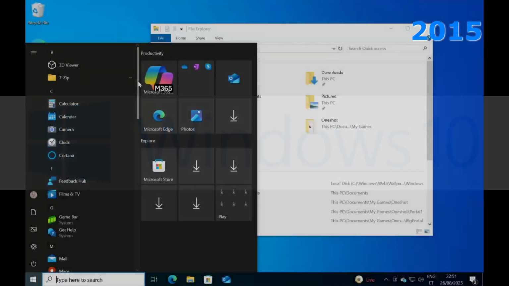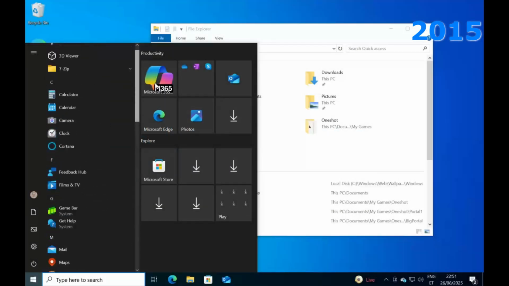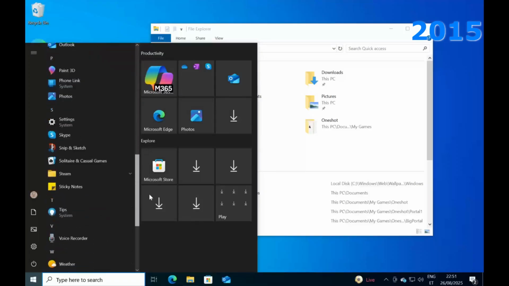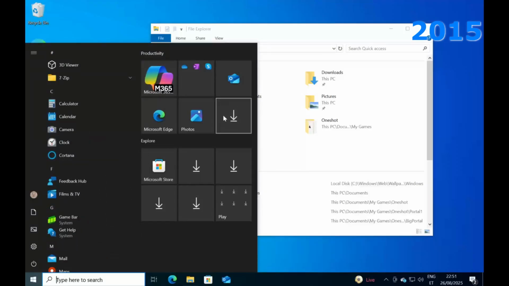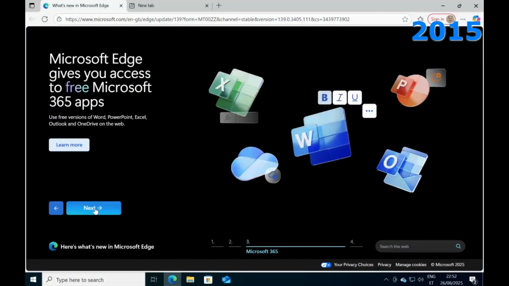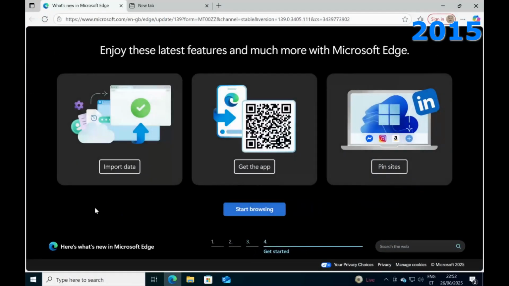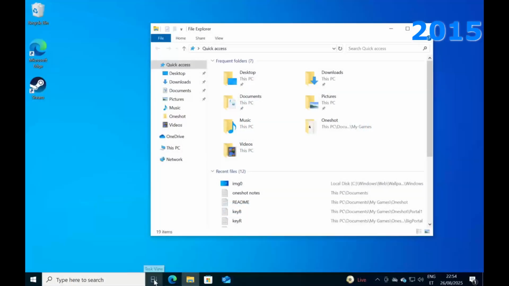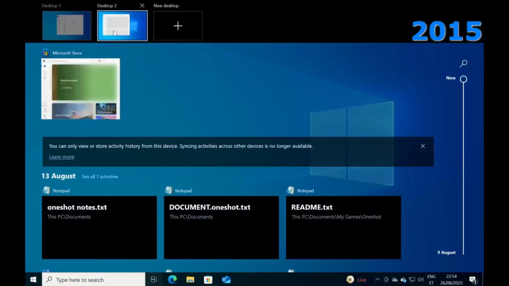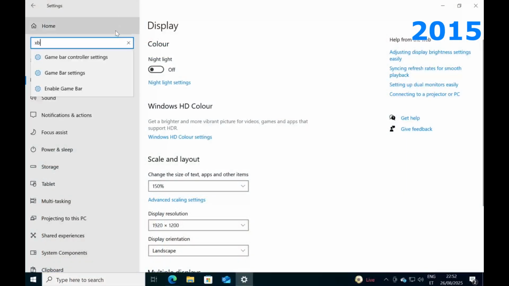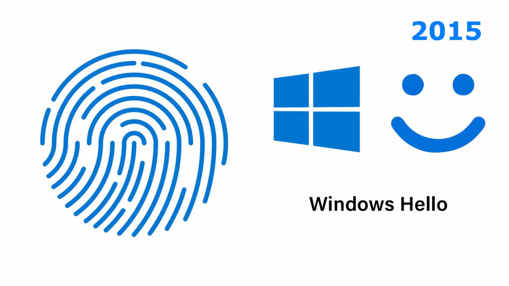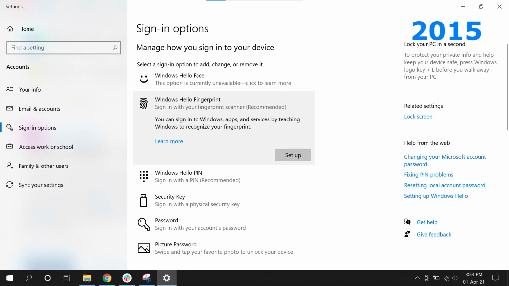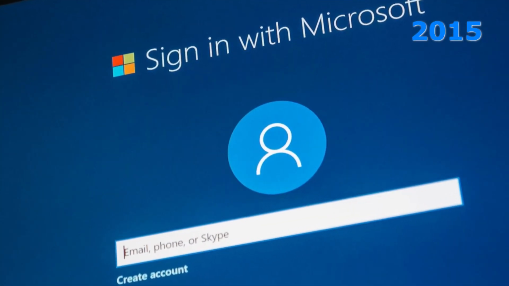The successor to Windows 8.1 was Windows 10, released July 29, 2015. This marked the return of the familiar desktop interface of Windows, with the Start menu and desktop applications, while some of its tiles for Windows 8 were kept. Internet Explorer was replaced with Microsoft Edge as a web browser. Other features include Xbox integration, virtual desktops, and improved settings. Multi-factor authentication was introduced, in addition to support for logging in with fingerprint or face recognition. The use of a Microsoft account was starting to get pushed.